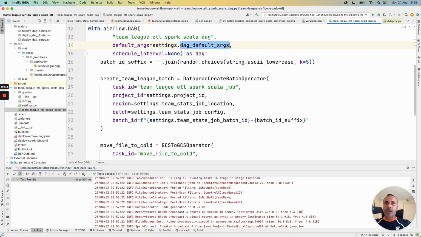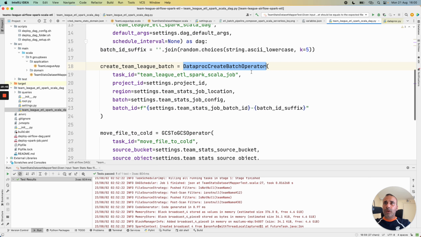We passed some default arguments in our DAG, and also detail our Dataproc serverless job need to be unique, and that's why here we generated a random suffix, and we take the batch ID from the configuration, and we add a suffix in order to make this element unique here.